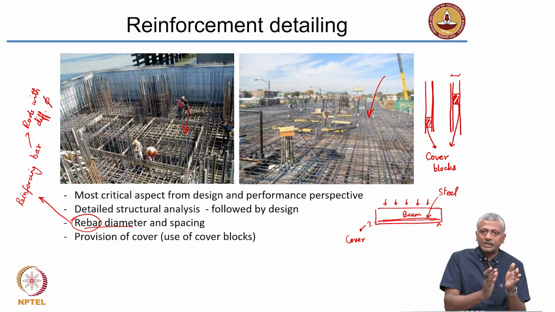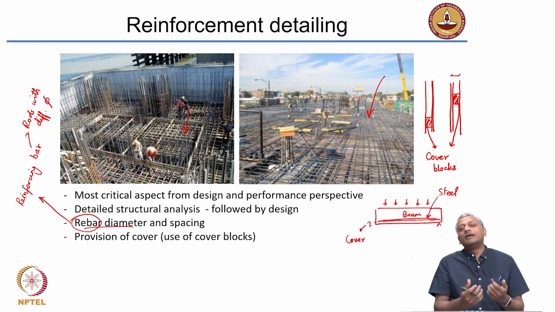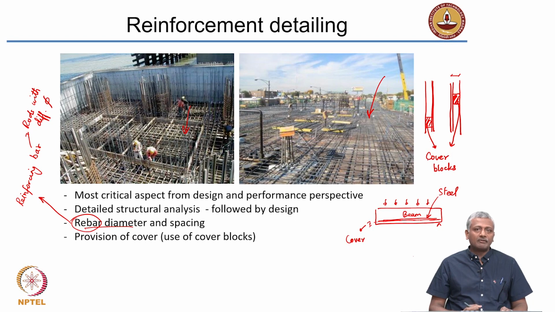Okay? You do not want the steel to come towards the corners because then your cover becomes less than what you have designed for. So, for example, if you do not do a good job of putting a cover block, you may have designed for a cover of 75 millimeters, but because you did not put the cover blocks properly, the steel may have come to the corner and you may actually get a cover of only 10-20 millimeters in some cases. So, this means that you have designed your concrete structure thinking it is going to be durable in a marine environment, but with 10-20 millimeter cover, it is probably going to lose its life very quickly. Okay? So, you need to be extremely careful about providing the right level of cover around the reinforcing steel.